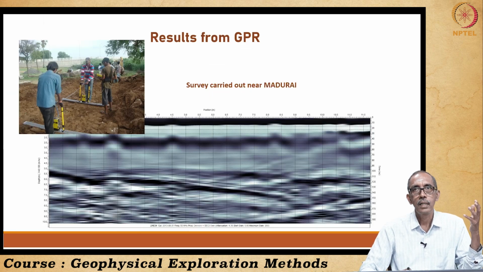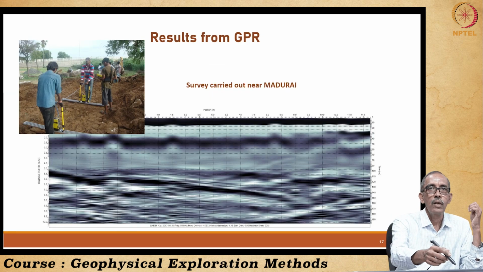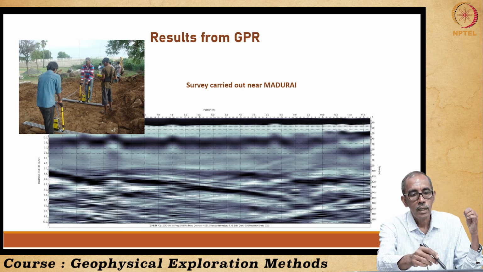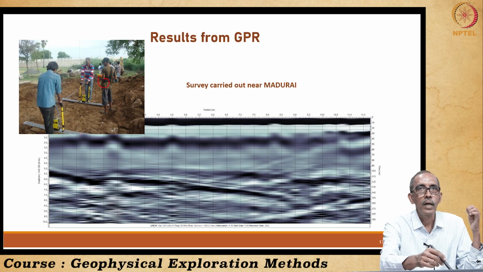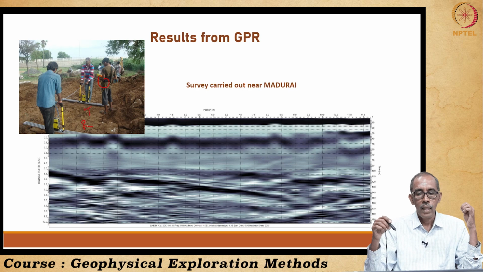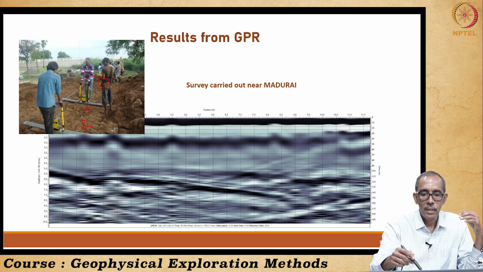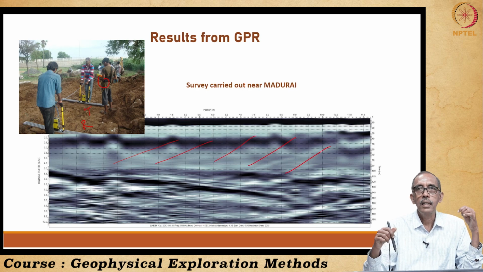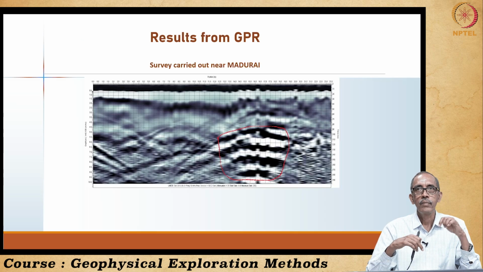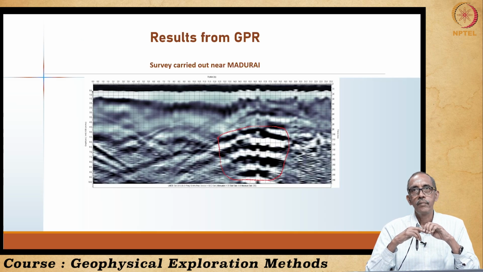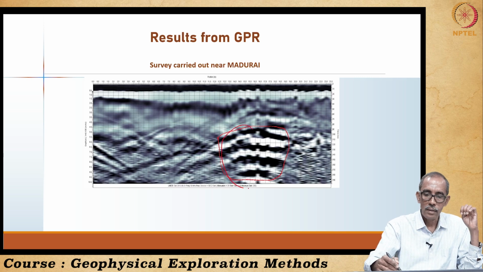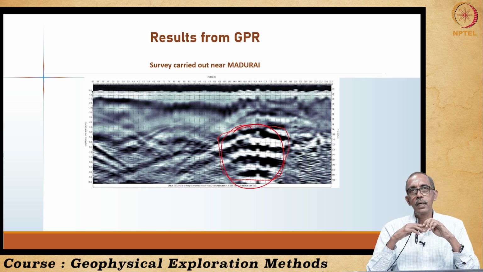in Tamil Nadu. So, here again we are carrying out the investigation at the surface using the ground penetrating radar, right. The recording unit is held by this person. You have the transmitter as well as the receiver, right. And as I told you, the presence of some very fine grained material at the top did not give excellent signals, right? Anyhow, this is a raw data which is shown here, and here again at the same site, at this packet there seems to be some anomalous material present below the surface.